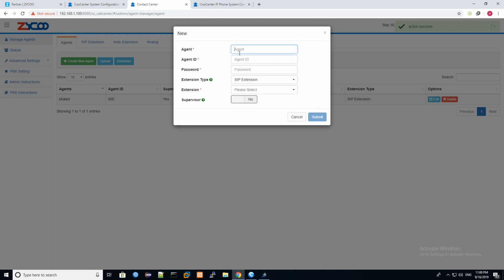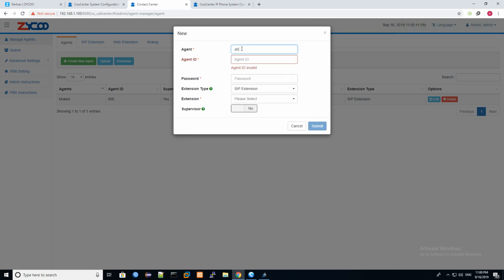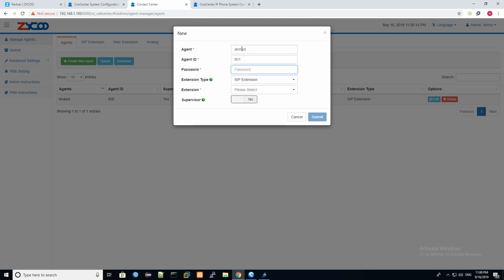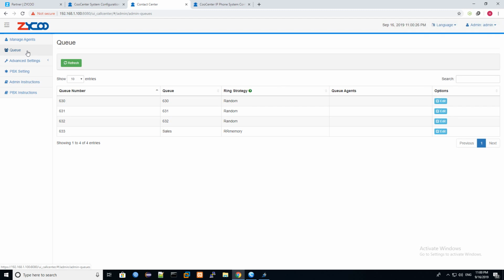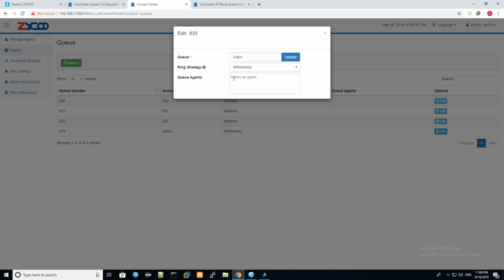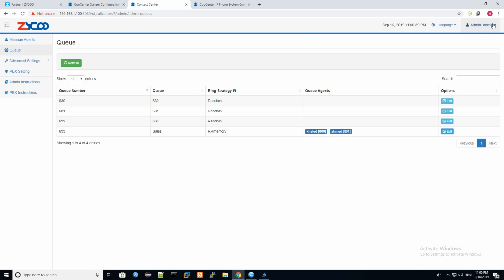I will create a new agent and give him ID. So I will name this agent also and give ID the same extension number and password. Then I will select the extension and I will not enable the supervisor option. So after we create the agents, we have to assign these agents to queue. So we will go to queue and select our sales queue, and from here if you click, you can see first agent and second agent. So after we finish, we will close it and we will make log out,